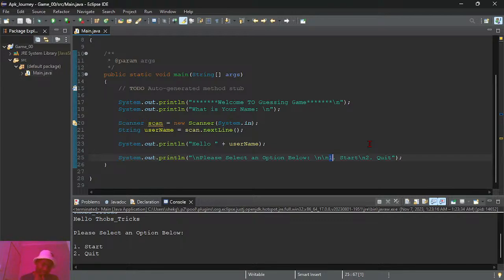If the user inputs anything other than one or two, then it keeps asking again and says input the correct thing, incorrect whatever was inputted. Okay, so let me just do this and see if it will make sense.